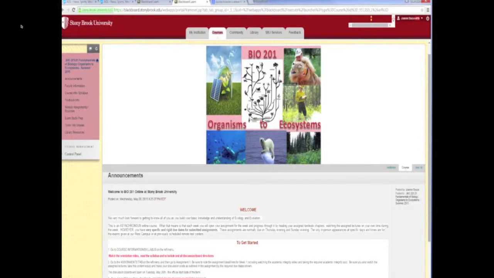Next, your entire course, except for exams, will be managed through your Blackboard course. When you log on, be sure to read all announcements. Any emails sent will be sent to your Stony Brook email account, so be sure to check it often and to make sure you forward your email account to the one you use most often. So if you don't log on to your Stony Brook email account, please make sure you forward that account to whichever account you do check most often. But again, be sure you read the announcements every time you log on, because this is how we keep in contact with you for the most part.